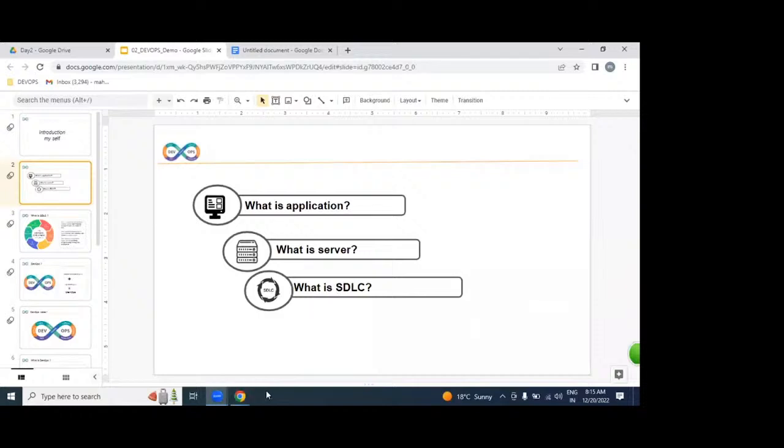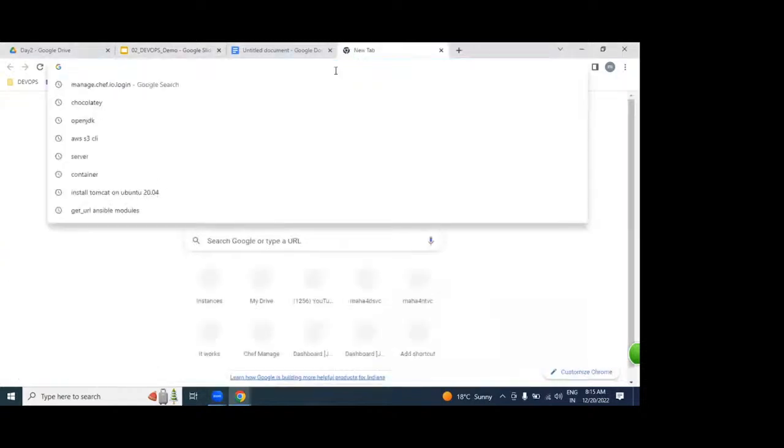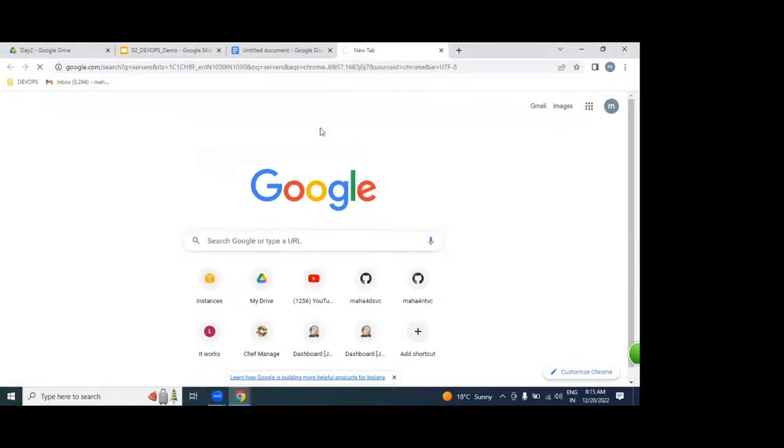What is an application, please? The working software which is written in any programming language like Java, .NET, Python, we call as an application. That application is placed on the server side.